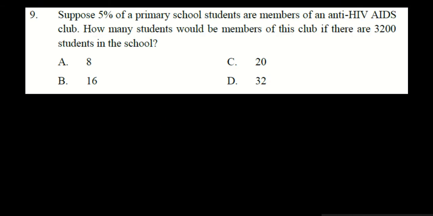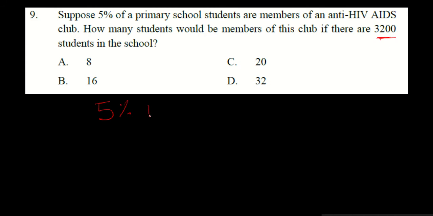Let us continue. Question number 9. Suppose 5% of a primary school's students are members of the anti-HIV/AIDS club. 5% of them. How many students would be members of this club if there are 3,200 students in total? Imagine 5% of them are anti-HIV, and the total is 3,200, so that we can write here